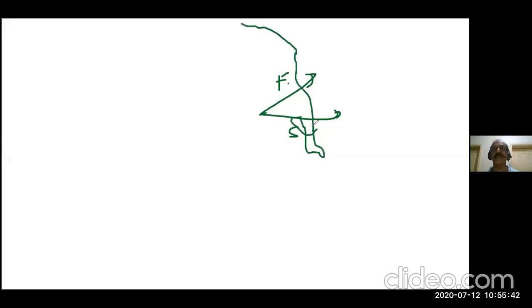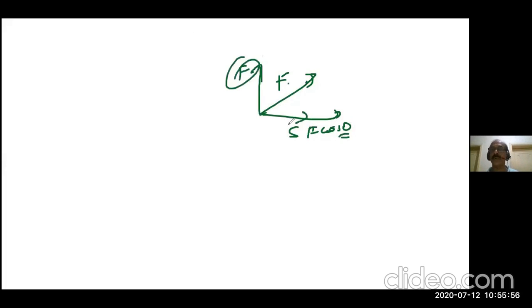Okay, sir. It's not just multiplying by cos theta. There's a reason for the multiplication. Suppose this is the force and this is the displacement. Only the F cos theta component will act here. If it is in the same direction, theta is 0. If it is 90 degrees, cos 90 is 0. That means this force has no influence on this displacement.